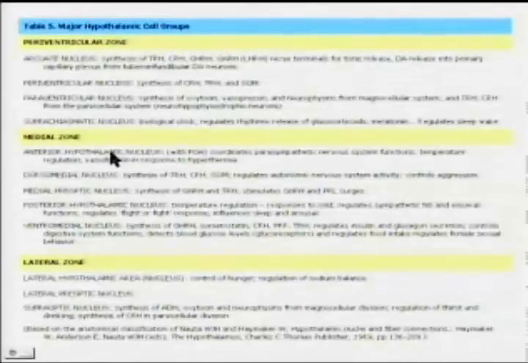So they're kind of one and the same, to be safe in general at the moment. The dorsomedial nucleus we saw, the medial preoptic nucleus, also out in the preoptic area but closer to the midline, obviously, than the preoptic area within the anterior hypothalamic nucleus, and